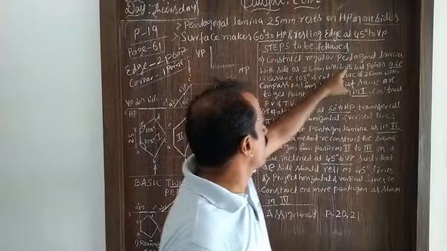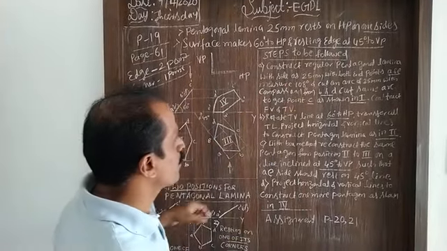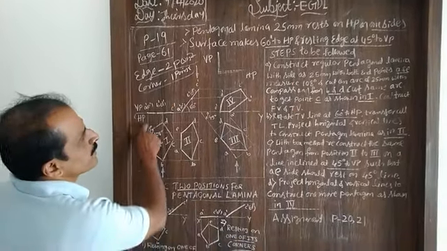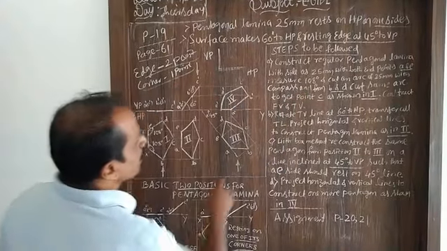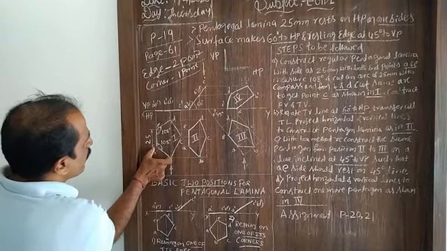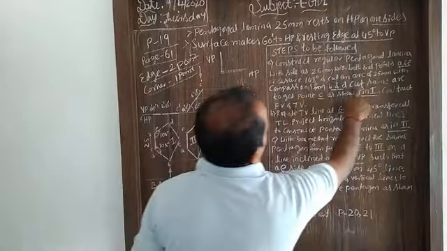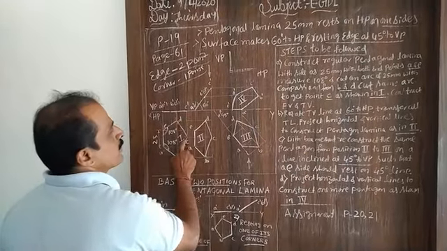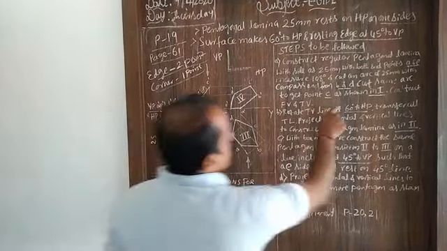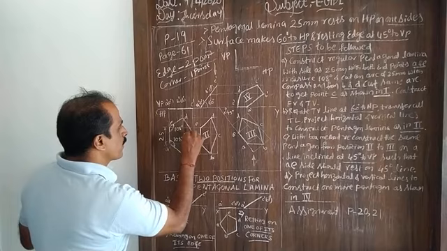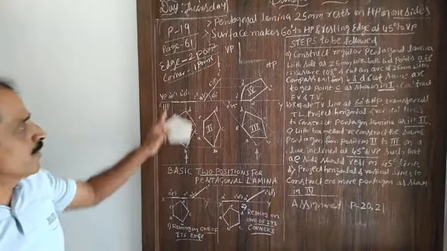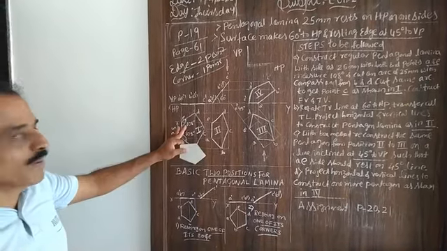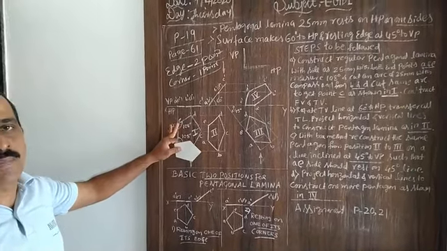Consider a regular pentagonal lamina with sides of 25 mm, with both ends A and E, both angles at A and E measuring 108 degrees. Cut an arc of 25 mm from A to B and E to D. That's what I have given. Use the same arc to get point C, from D to C and B to C. I have shown this in 1. So this is the first case where you need to construct both the front view as well as the top view. I think you could understand how to construct a pentagonal plane surface.